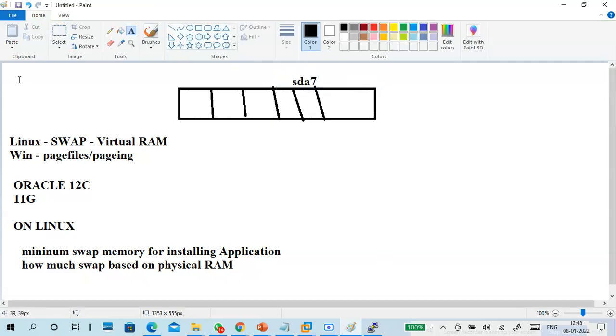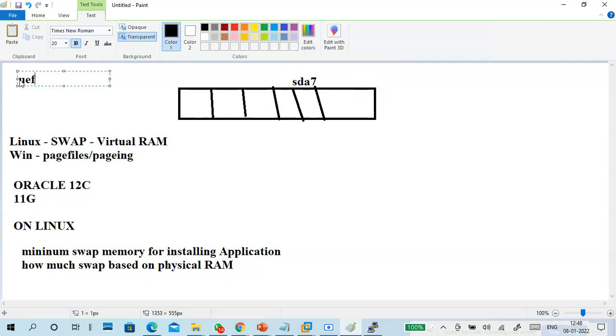Guys, I am using UEFI here. UEFI means Unified Extensible Firmware Interface. It is also a kind of BIOS, an updated version of BIOS.